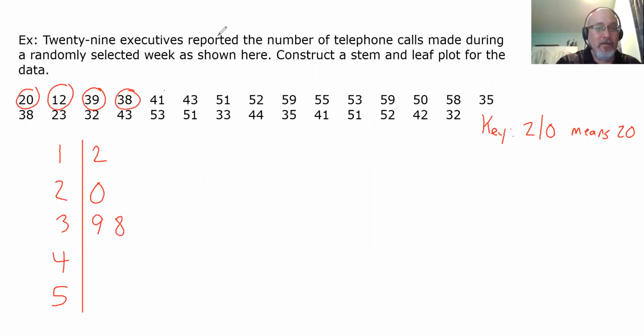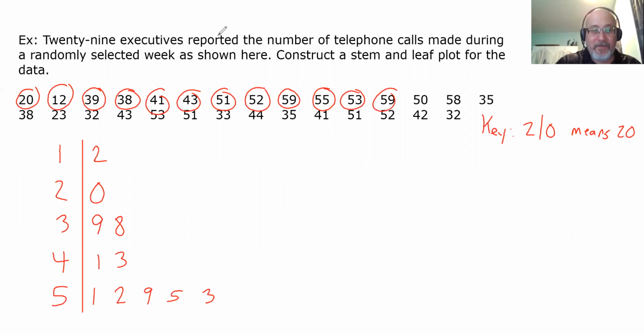38, 41 is the easy part, 43, 51, and you don't have to circle them, but it's easy to lose track of where you are. 52, 59, 55, 53, 59, 50, a lot of 50s, 58,